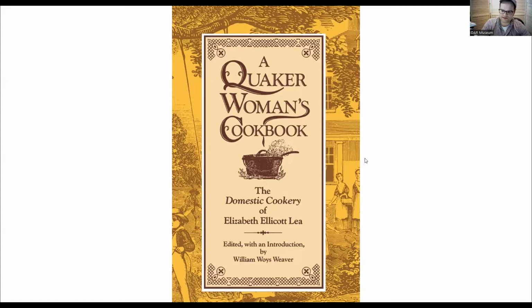Elizabeth Ellicott Lee, this Quaker woman, lives in Maryland. Probably further out west in Maryland, I believe. I've got to make a note here of it. But she lives in the Maryland area. They're benefiting from the harbor culture in Baltimore. So she's at a literal crossroads as well, which is important because some of her cookbook is going to describe